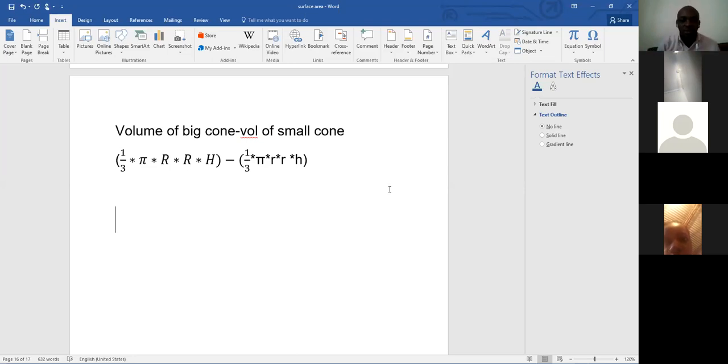Okay, so this is the formula. You know pi, you know what r is and what h is. We have all those measurements. So write this one again. I will check those measurements again by the end of the lesson. There's a formula here, so copy the formula and substitute it. I'll give you some time to do those calculations so that we can have the answer. I can see everybody here has a volume.